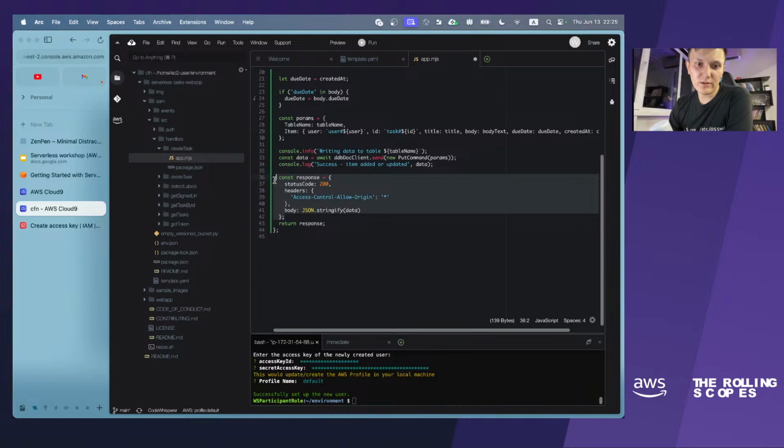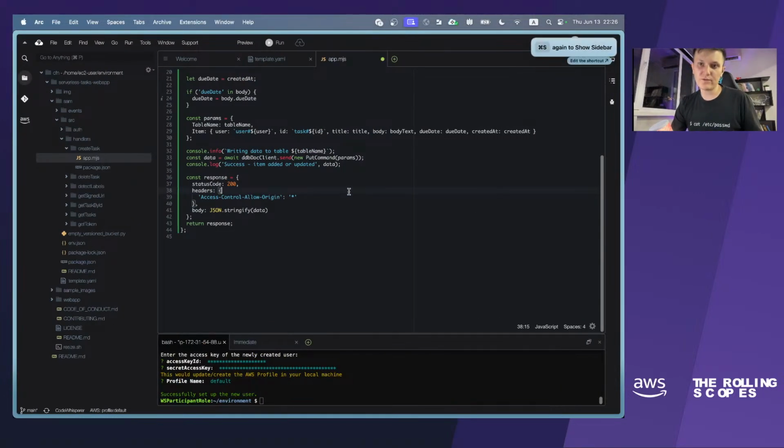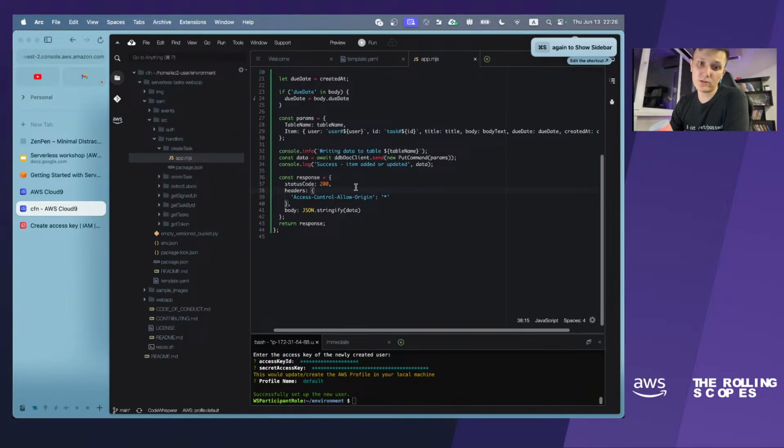So please make sure that the object that you are returning from the Lambda has this structure with status code, headers, and body. Because if you make some mistakes, like you put just status without status code, you will receive internal server errors on API calls. And here we have header for disabling CORS. Yeah, that's it.